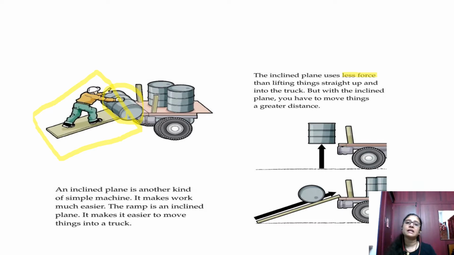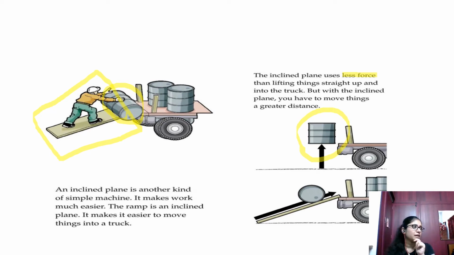So using an inclined plane, you can move things over a distance. It is not like a short distance, where now itself I have to put it down. It's not like that, I can move it over a distance. So the inclined plane can be as big as it wants to be. See the example they have given: instead of lifting it, it's very heavy, you cannot do that. Even though you are very energetic, it wastes your energy. It takes away all your energy. You can lose your energy at that time. So to save your energy, you can use the inclined plane.